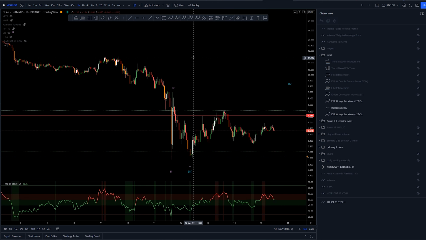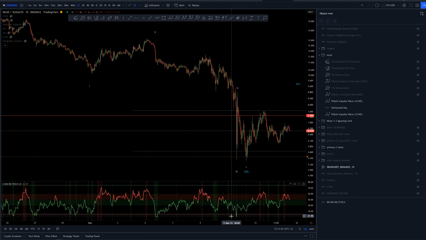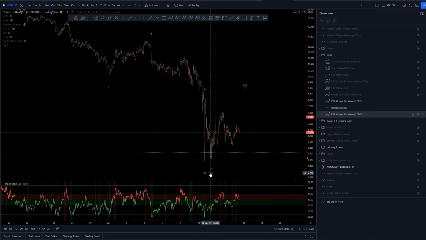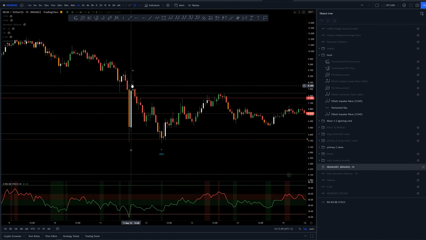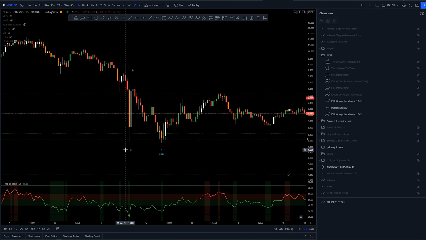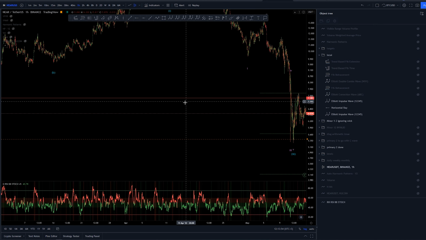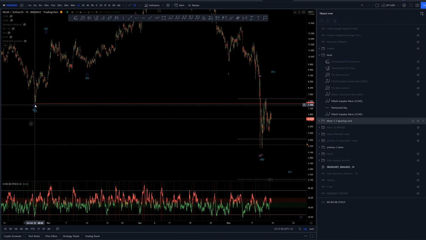Definitely not something that I like. We do get a divergence here between the third and fifth of this subminuet count. The wave 4 is just, again, as you expect, a massive dump here. Why is that happening? Well, we had this low here at around $7.36, and if we are going to get